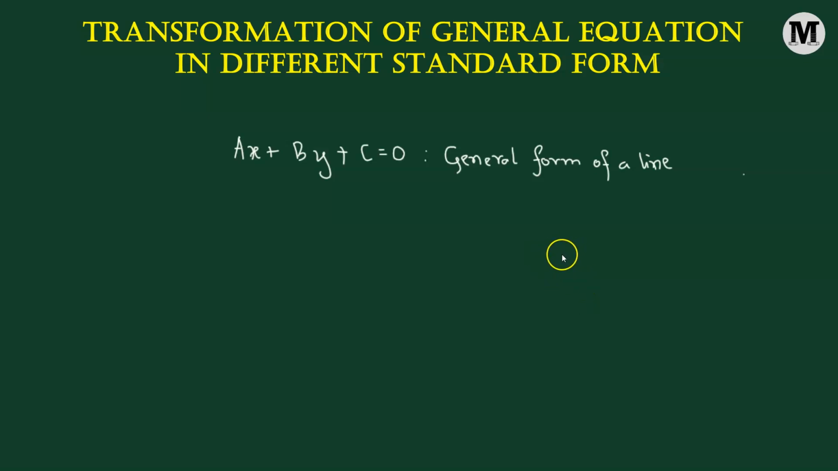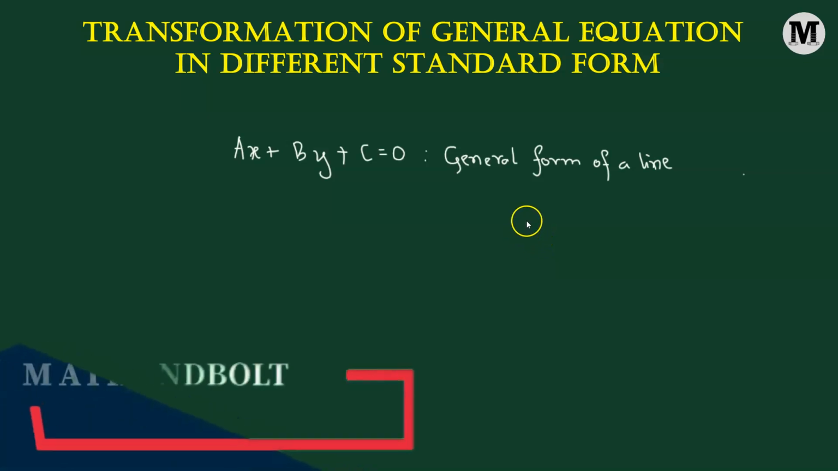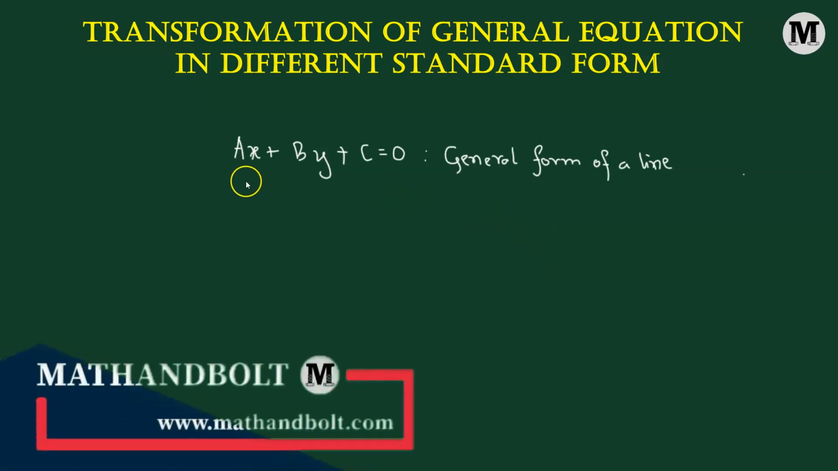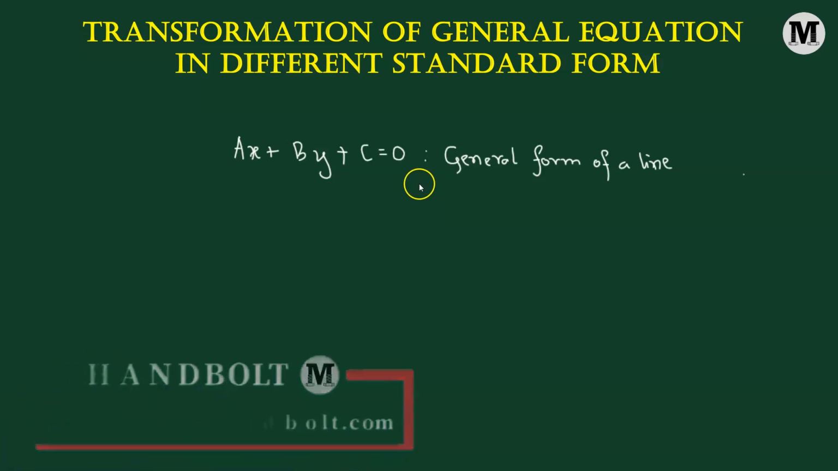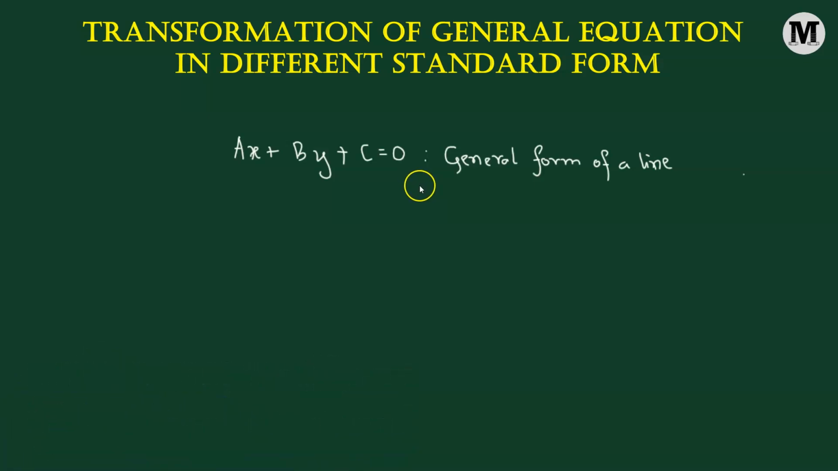That means given a line, we can represent it in the point slope form, we can represent it in the intercept form. So there are several other ways of representing any given line. So today, if we have any equation of a line given in its general form, that is ax plus by plus c equals to 0, we're going to transform it into some of the most widely used forms. For instance, first we'll try to convert the given general form into the slope-intercept form of